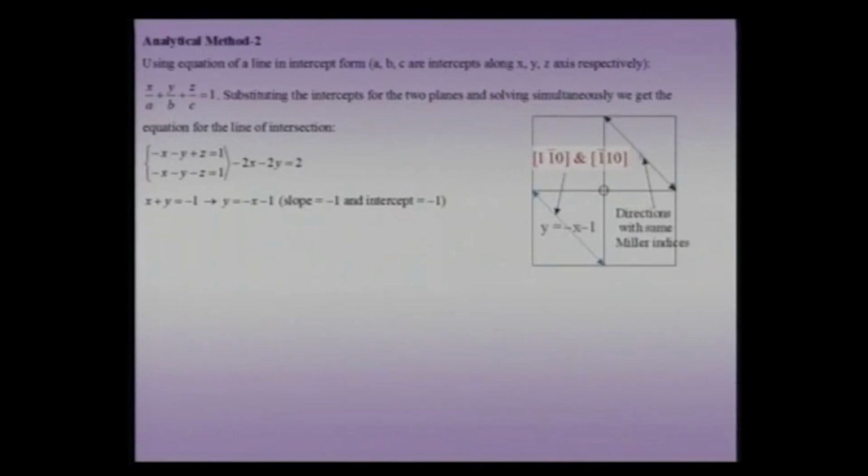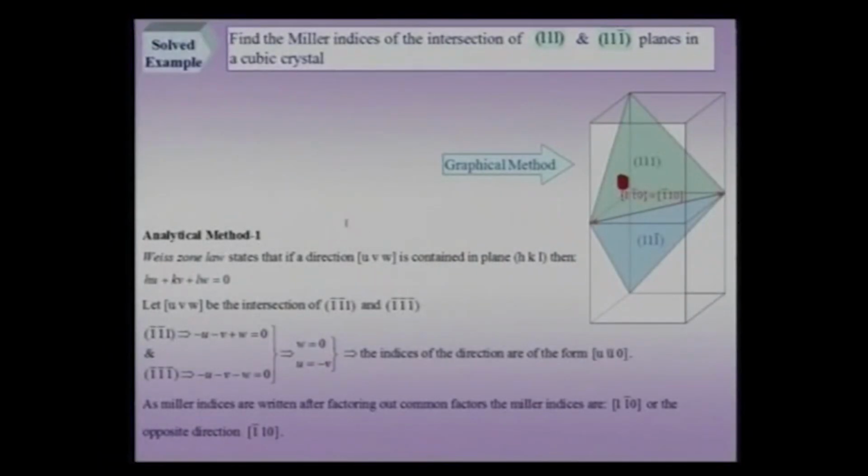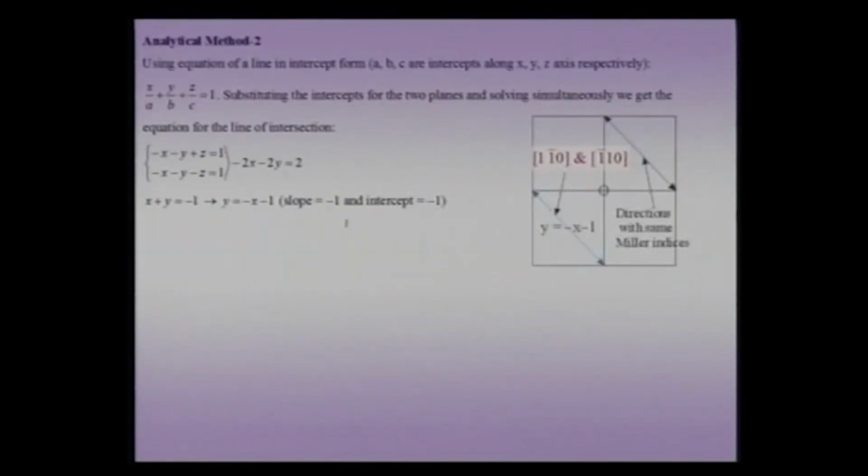So I could now write down the Miller indices of such a direction, either the positive or the negative, as 1 1 bar 0 or 1 bar 1 0. So I have more than one method at my disposal to determine the Miller indices of the intersection, but as you can see, each one of them is instructive in a certain way, and typically if I were to solve this problem, I would use either the graphical method and also the analytical method,